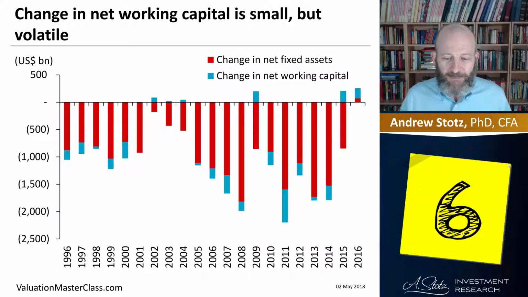So now let's just look at this data across all companies, and we can see that change in net fixed assets, well, that's always a negative, almost always. We see 2016 as an exception to that. But for almost all years, basically the change in net fixed assets, or sometimes we can call that capex. I'm looking at change in net fixed assets specifically here. When we see that, usually that's an investment amount. But the change in net working capital can be positive, negative. It's a smaller item, but it's volatile.